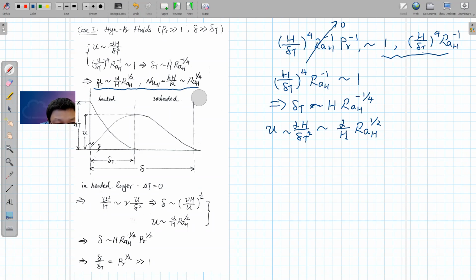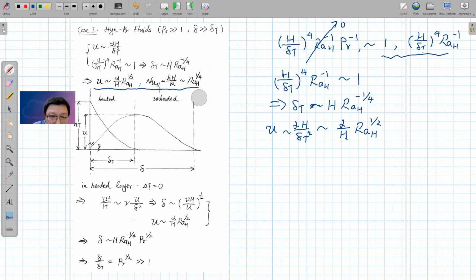It's telling us what the U velocity will be. The magnitude of the U velocity is related to the Rayleigh number times alpha divided by H. So this U value tells us what the velocity boundary layer will look like. And on the other side, we know delta T, the thermal boundary layer thickness. Further, after we know delta T equals H times the Rayleigh number to the power of minus 0.25,